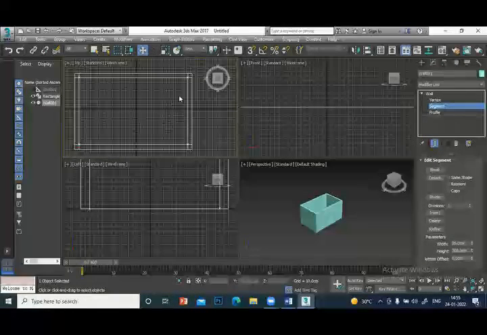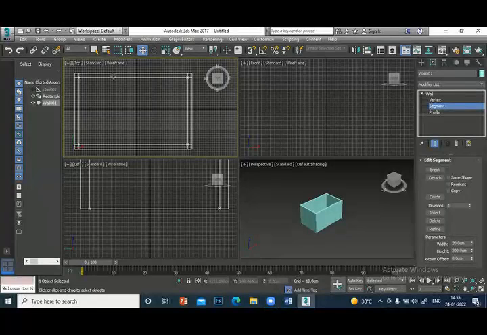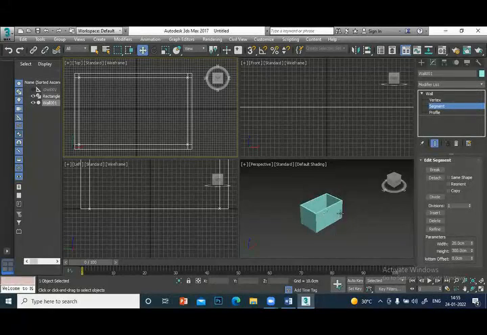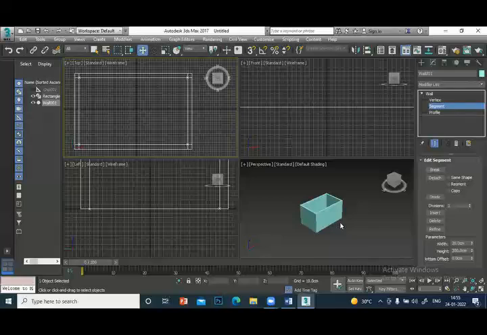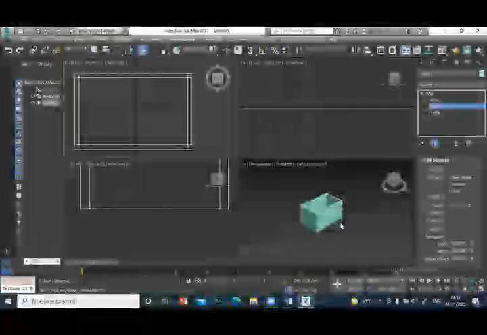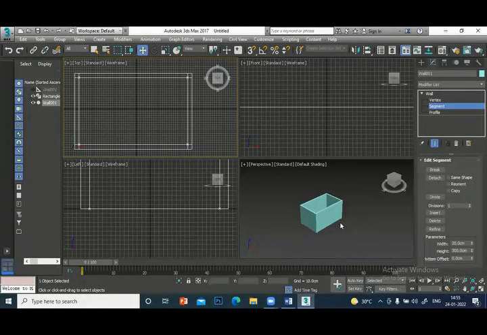Why do you want to draw the walls? You can use the box command, but the box command will take more time, no? One box you have to draw, very difficult. You have to draw the wall because later when you insert a door or window, that portion will be cut automatically. When you move the window, the cutting also moves. Like in Revit, when you insert a door and move the door, the opening also moves automatically. A similar thing will happen here also.